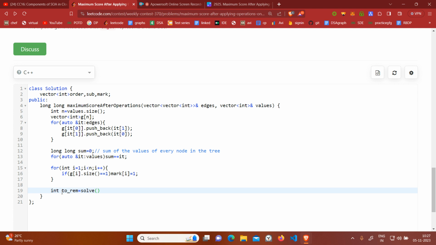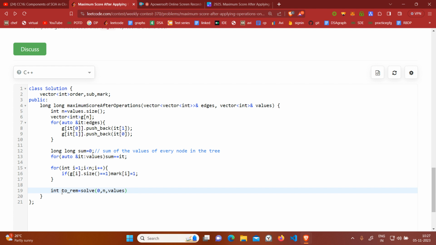Just listen properly: this will be the sum of the values of the nodes which I am leaving for ensuring that my tree is healthy. 0 comma order, or I need to pass order, just pass n, and then values, and the other one is,